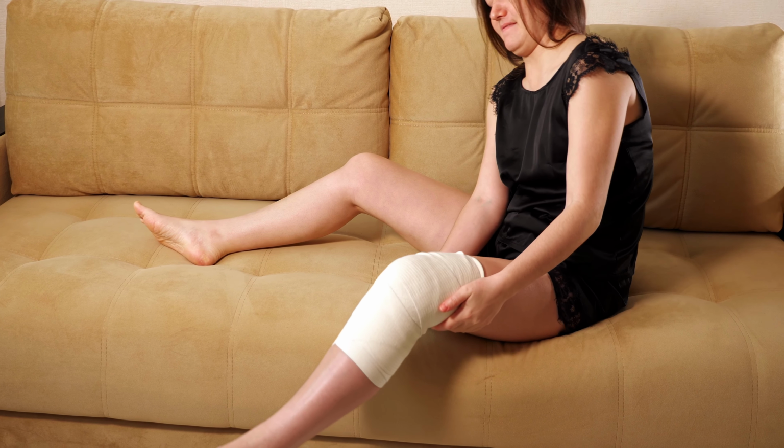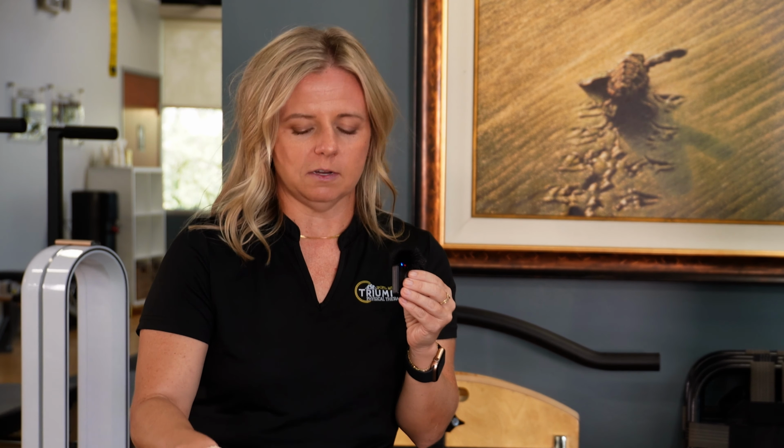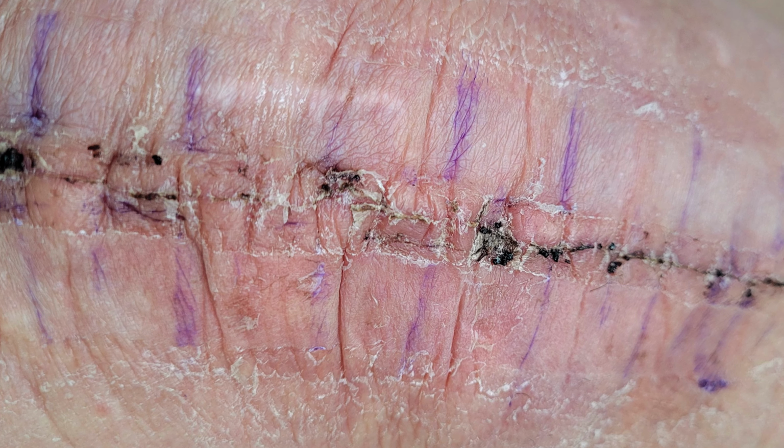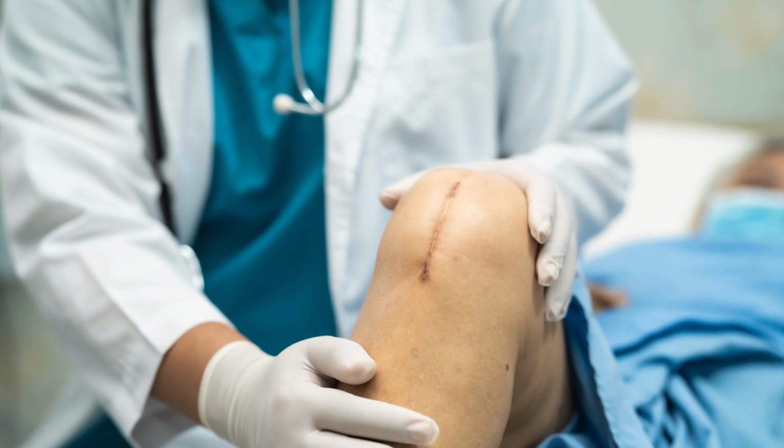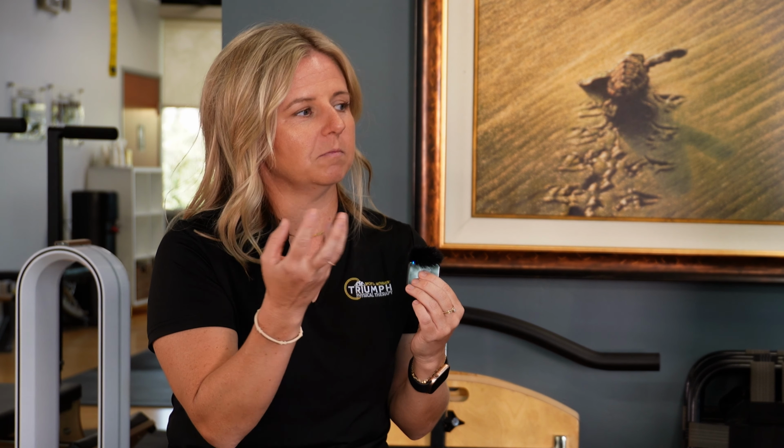Yeah, so a lot of times after a knee replacement, it's a pretty big incision, and people are hesitant to push on it, work on it. But cupping can even help just flatten it, soften it. When the scar tissue forms, it's not nice, elastic tissue like our normal healthy tissue is. And over time, if you don't break that up, it can actually become innervated and be painful. So the sooner you can break it up,